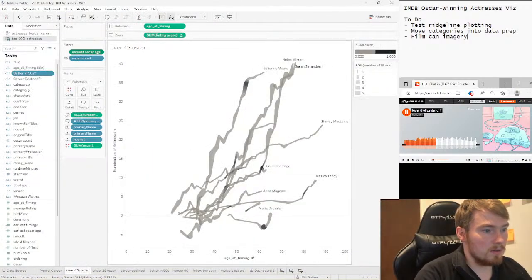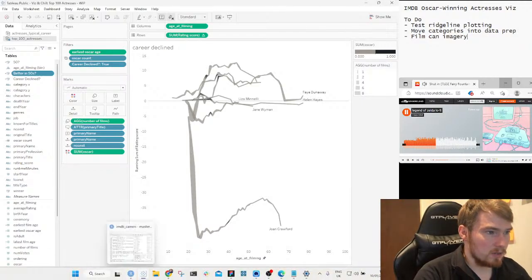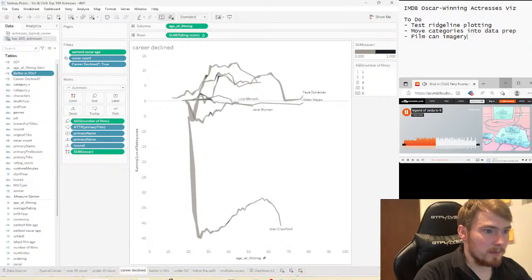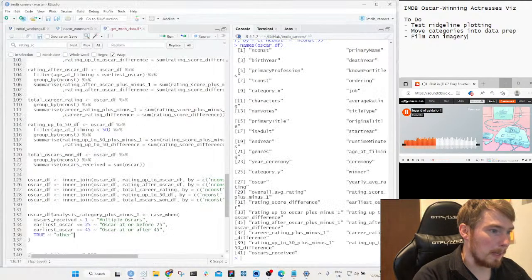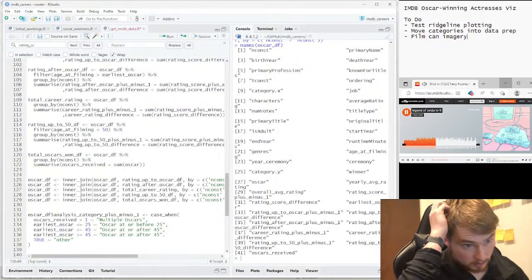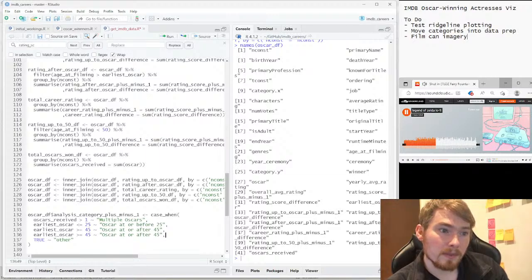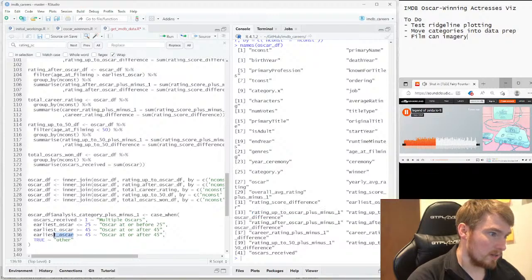Then we wanted this one about the career declining. So this is when, up to the Oscar, your career was this, then afterwards what happened. So if, don't want to overwrite that one. So career rating plus minus 1.